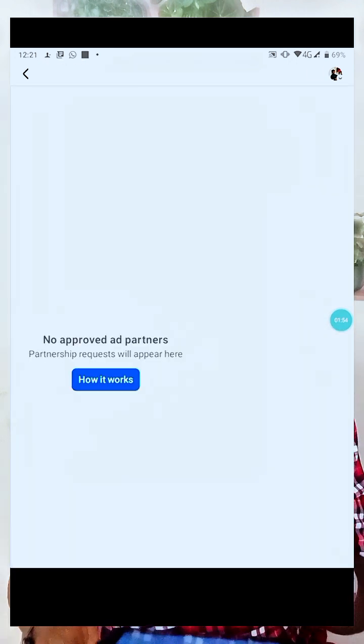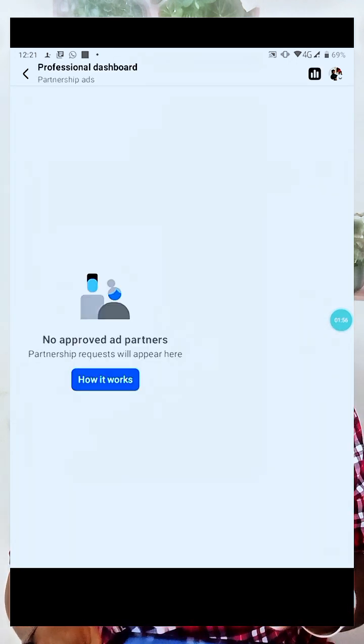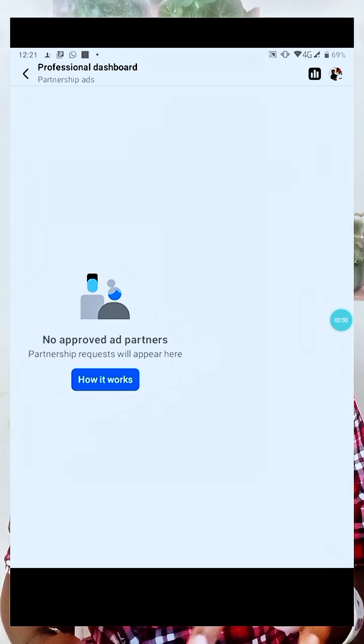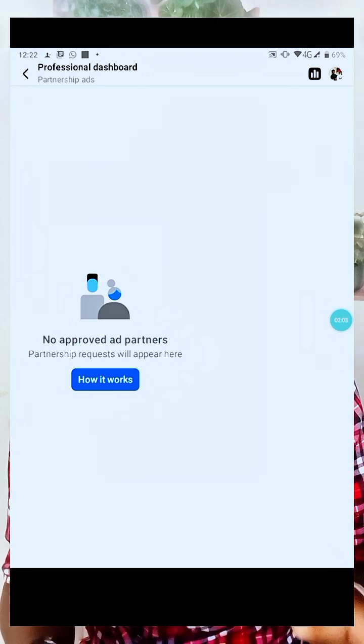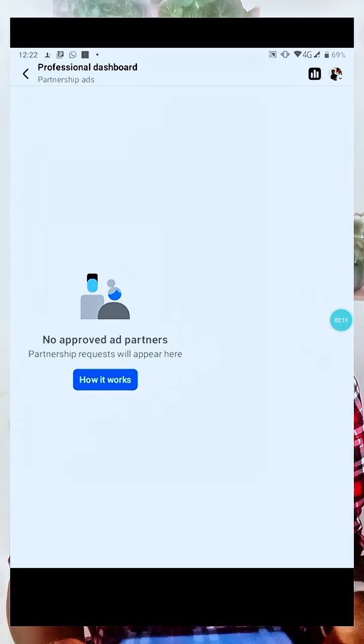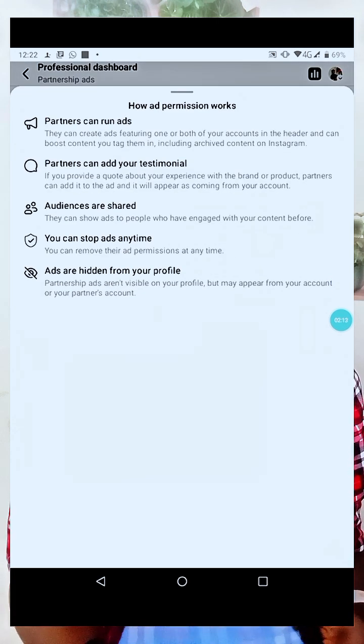Then we also have the other one, the partnership card. You can see on this partnership card, no approved ad partners. Partners will come to you, and sometimes companies come to you and tell you, okay, I'm interested in partnering with you. You promote their product and they get to work. If you click on that, you can see that this is how it works.